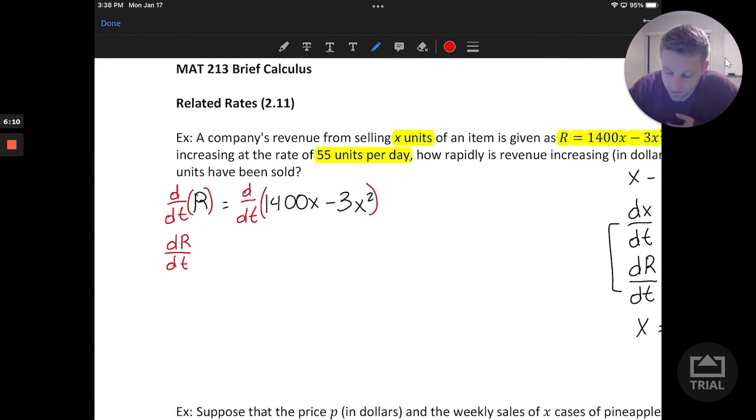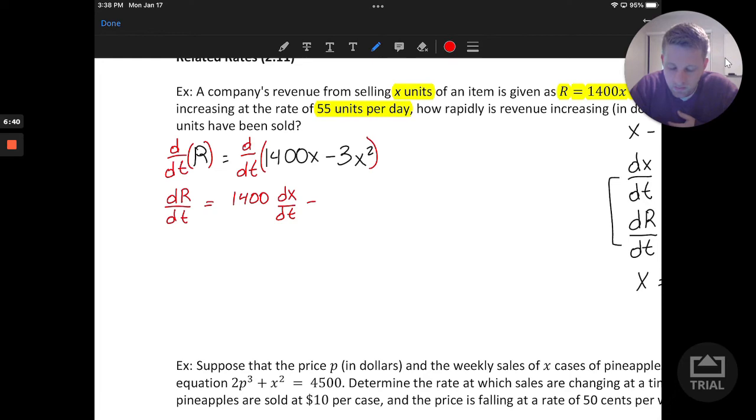If we take a look at the right side of the equation, take it term by term, we'll have 1400x is going to yield a 1400. x goes away as the outer derivative with the power rule, and we want to take the derivative of that new variable x, and we would say that it's got to have a dx/dt using the chain rule implicitly here. So we'd have 1400 dx/dt